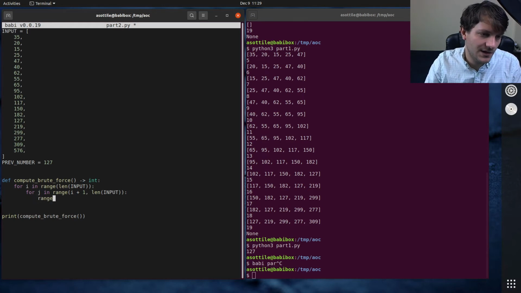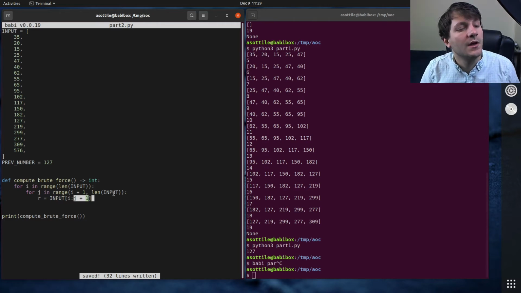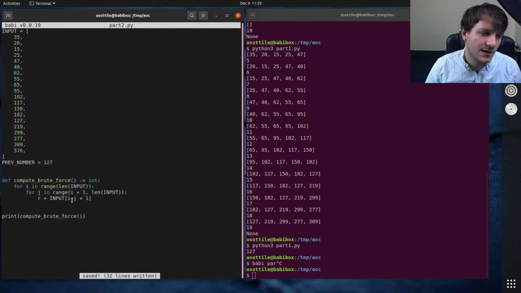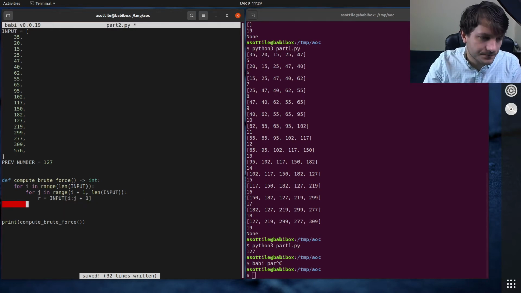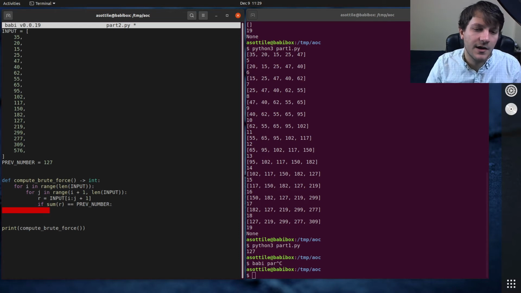So r equals input[i:j+1]. Note that we're using j plus 1 here because we need to include the end value. Whereas if we just did i to j, we would have an empty list for the first one because the end of a slice is non-inclusive. And then our condition is just if sum of r is equal to prev number, then